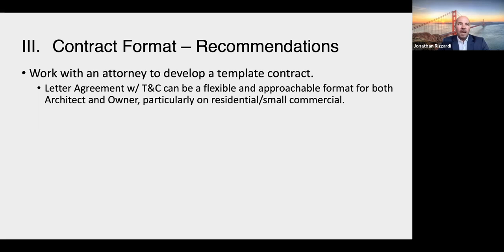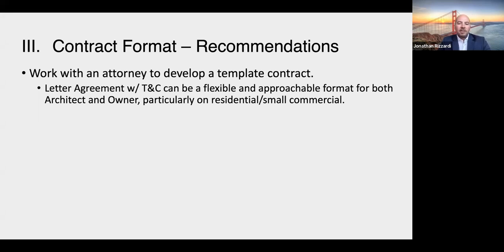If you can have a narrative letter agreement with terms and conditions that you can really get your arms around, and you are able to explain to an owner, even an unsophisticated owner, I think that is really a great place to be. The benefit of that format is that it's also very attractive to the owner. Again, in that world of small residential, maybe even small commercial, the owner is not always sophisticated, is not always looking at